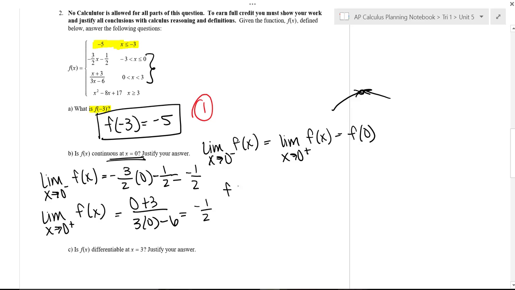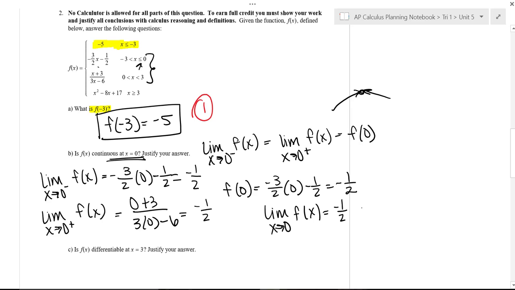And then I'm going to come here and say, what is f of 0? That's going to be included in this piece. So we see that it's included, which means it exists. So f of 0 equals negative 3 over 2 times 0 minus 1/2 equals negative 1/2. So in here, we're just going to come over here and make a conclusion. And I'm going to say the limit as x approaches 0 of f of x equals negative 1/2. This also equals f of 0. So we're going to say, therefore, f of x is continuous